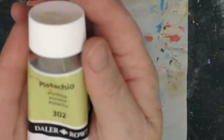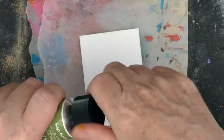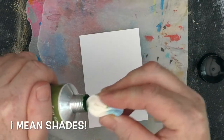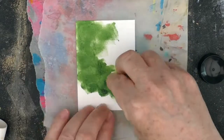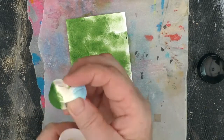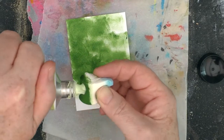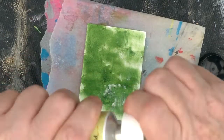So today I've got my card to start with, as always, and I've taken 2 colours of green and just a cosmetic sponge, and I'm just going to sponge these onto the card. And what I'm basically doing is blending the colours really on the card. I'm not looking to have a smooth blend, but just that they'll blend together there, but still have some highlights